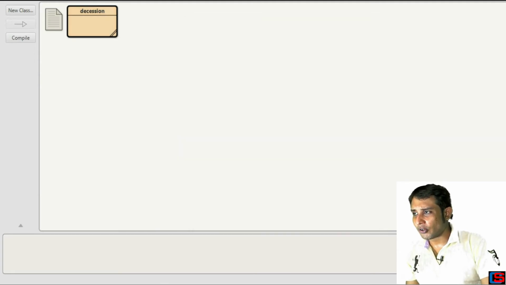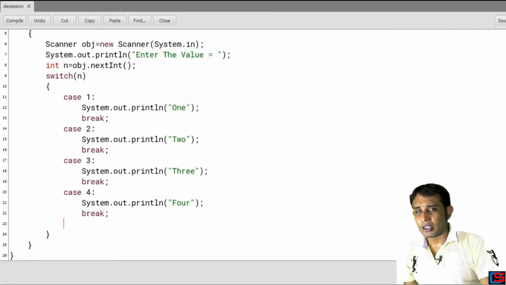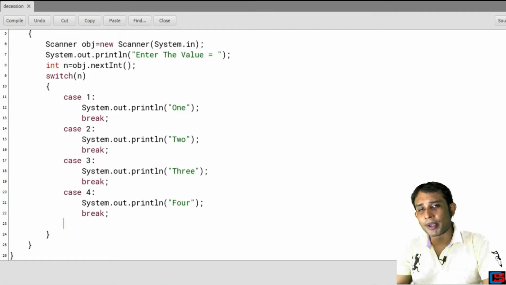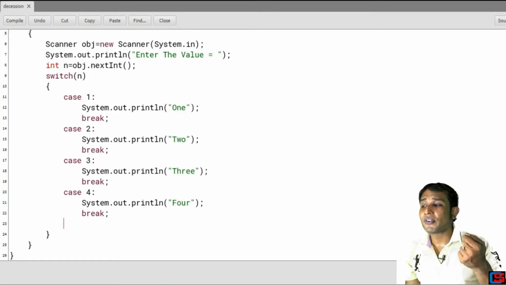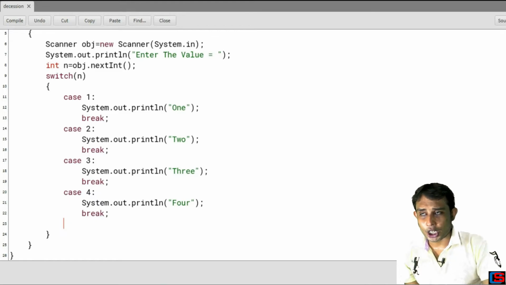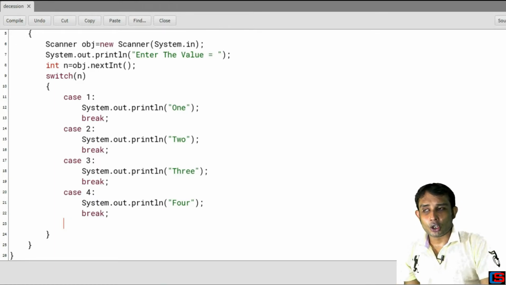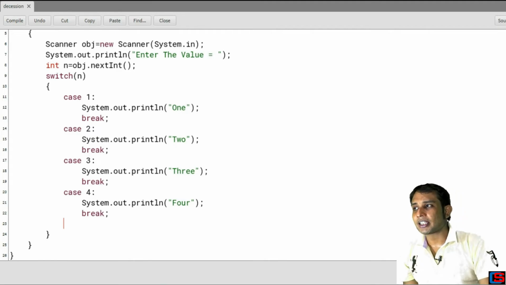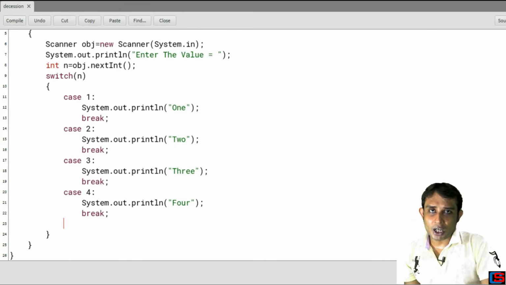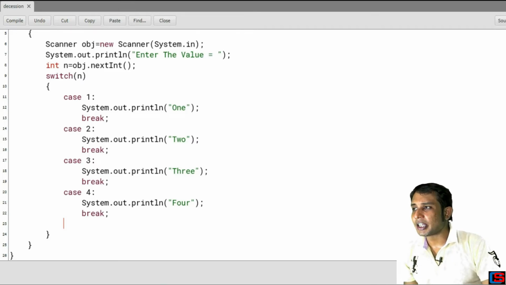Why? Because I have already deleted the default block. In the earlier portion I had the default block. So if I enter 7, the default block would execute, but now the default block is absent. So whenever a value entered is greater than 4, no message is shown. But you can see that without using the default block or default case, we can write the switch case statement in Java programming. So the default block statement is not mandatory in a switch case statement,